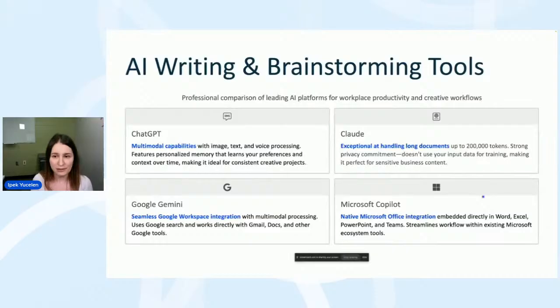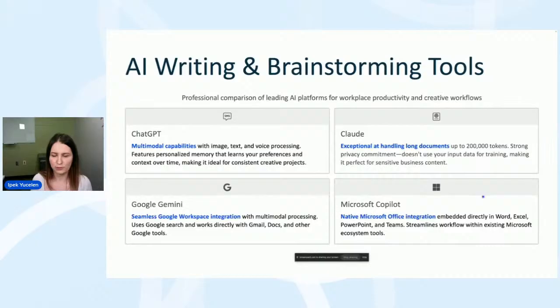And Claude is better in that sense. If you think about privacy, it doesn't use your data input for training purposes. And it is also known to handle long documents. And Google Gemini, similar to ChatGPT, has multimodal processing, and it is also used very smoothly with Google tools like Google Documents, Google Sheets.